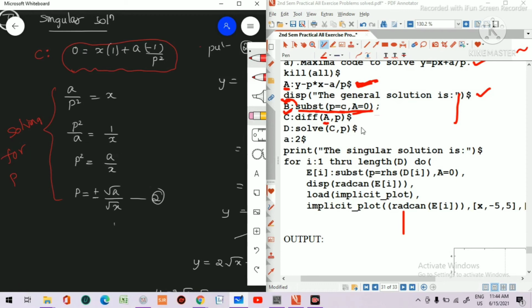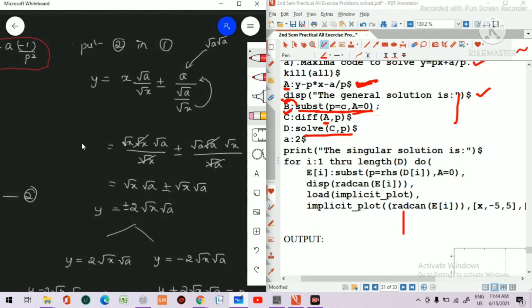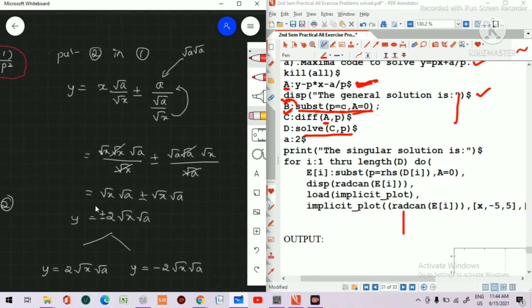So for that, in the program we are saying solve this c, previous value. This is my c, this is my c. Solve this c for p, I am saying in the program. Is it clear? Yes, sir. C for the value of p, and that this thing you name it as d, we are saying in the program. So A, B, C, D, all the values we have assigned now. Fine. Next we are giving the value of a because in the question we